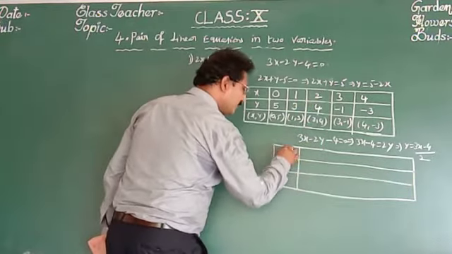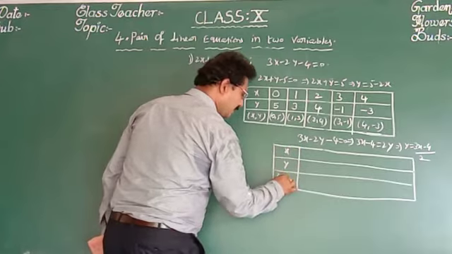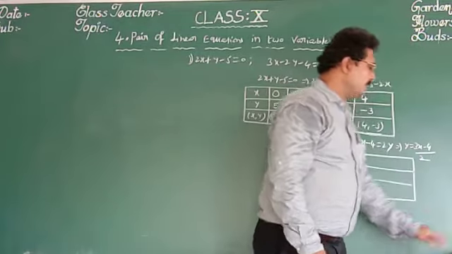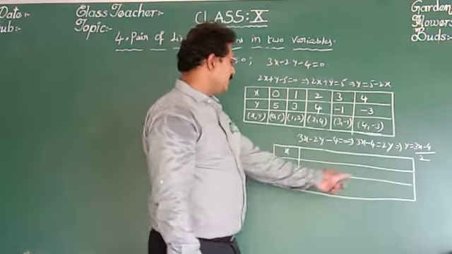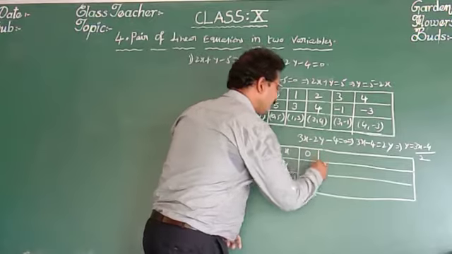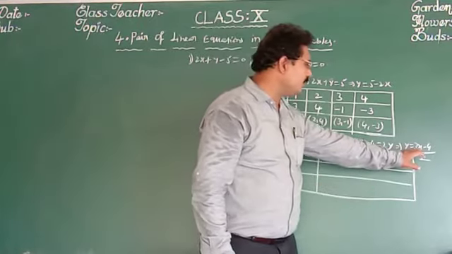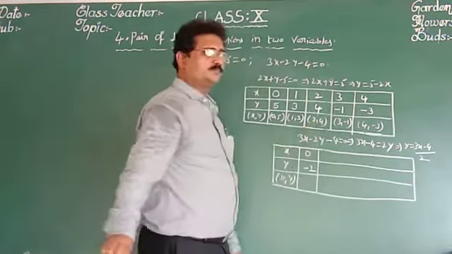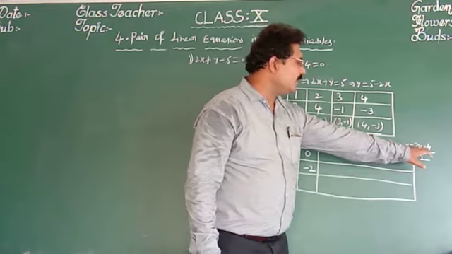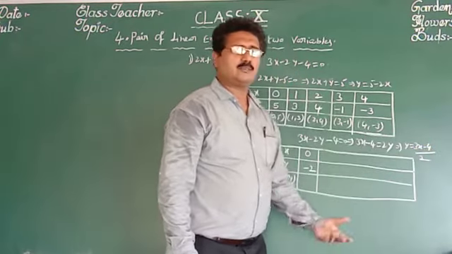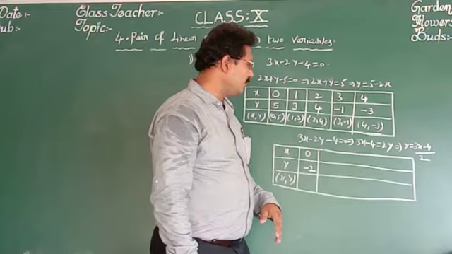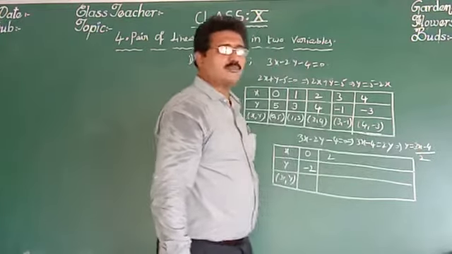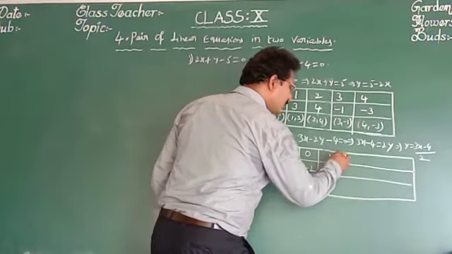In this table you see first x, y, x comma y. Now these are the points. That means just you take the points, put x is equal to 0. If x is equal to 0, y is equal to 3 into 0, 0, minus 4 by 2. Minus 4 by 2 is minus 2. If x is equal to 1, 3 minus 4, minus 1 by 2, that is minus 0.5, whether you take or not, then no problem. Let us take x is equal to 2. 3 2s are 6 minus 4, 2 by 2. 2 by 2 is 1.